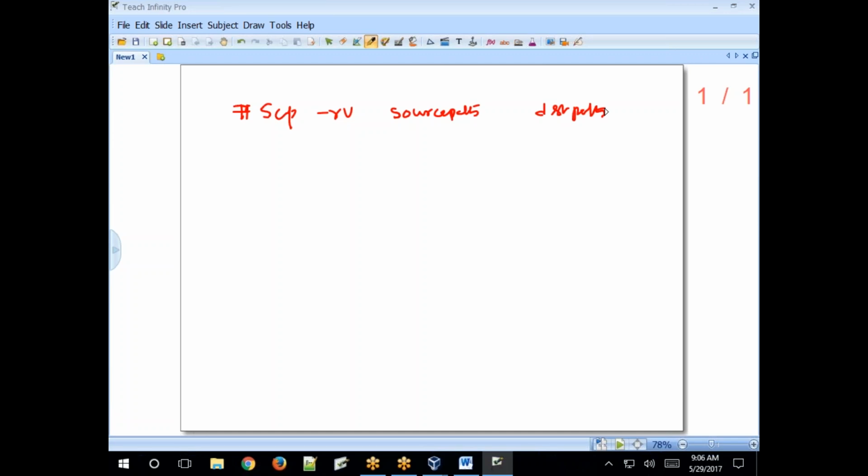For example, if you want to copy local files to remote, then in the source path you need to specify the local files path. What does rv mean? Recursively copy files, directories and subdirectories.